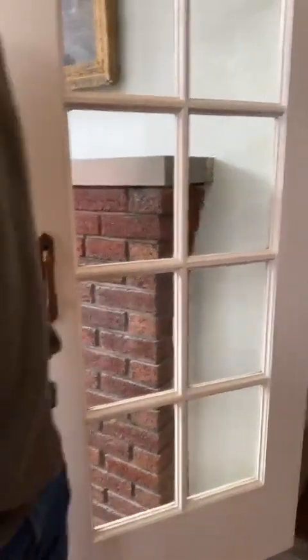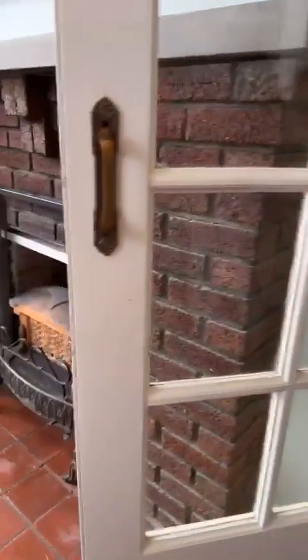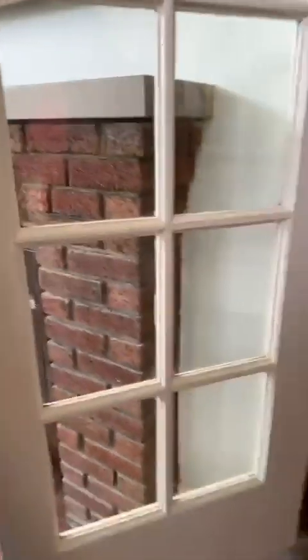Actually, no, we added that. Everything that we added, we kept so it looked original, like any light fixtures, except some of the ceiling fans. And then through here,